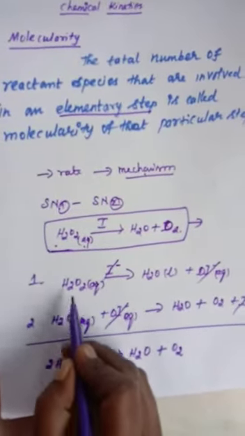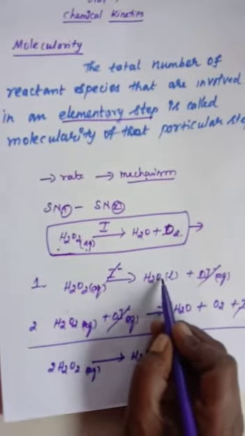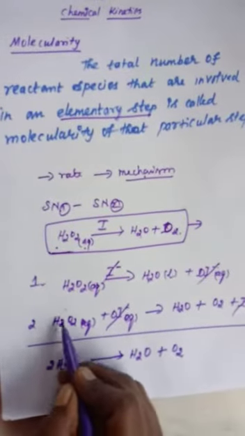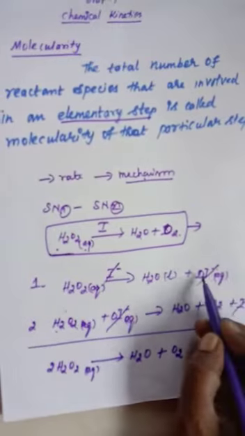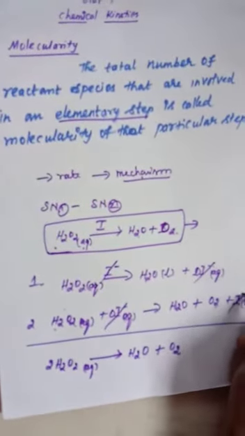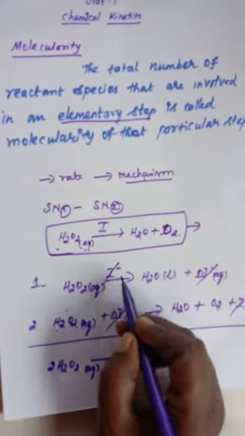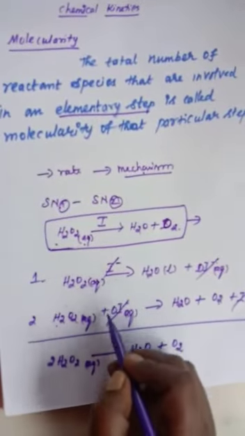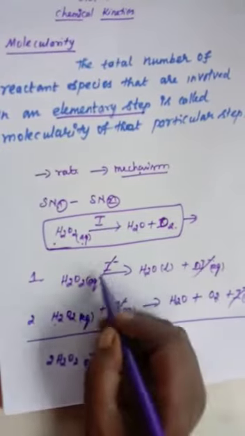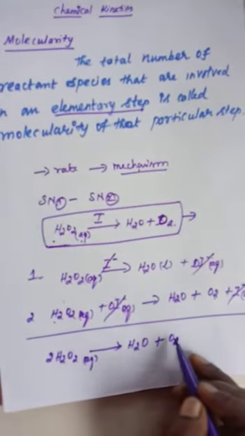In the first step, hydrogen peroxide, when it reacts with the iodine, gives H2O, that is water molecule, and OI minus. In the second step, this hydrogen peroxide again reacts with this OI minus. We are getting water and oxygen and I minus, that is the iodine which we add before the reaction as a catalyst. Now just add up these two equations, and we get the overall equation. Strike out the similar terms, and we will get 2H2O2 gives 2H2O and O2.